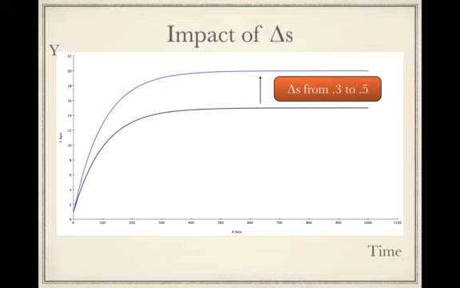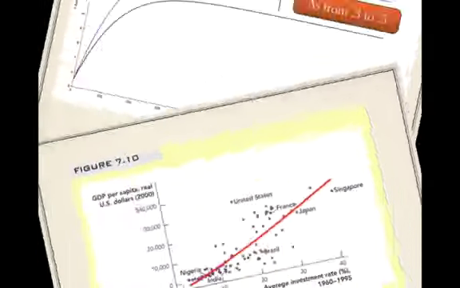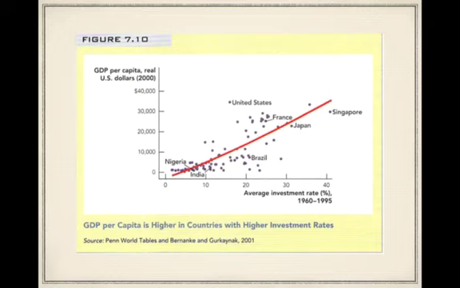This, by the way, doesn't mean that we're better off. It's possible that by now we are saving so much that our consumption has gone down, even in the long run, and we're actually worse off. It's unclear. So again, we should understand that there's a difference between growth rates and well-being. Hopefully that resonates. And again, our sniff test would tell us that countries with higher investment rates have higher GDP per capita. Does this picture pass our sniff test?